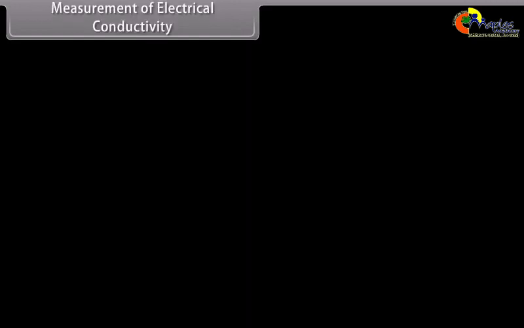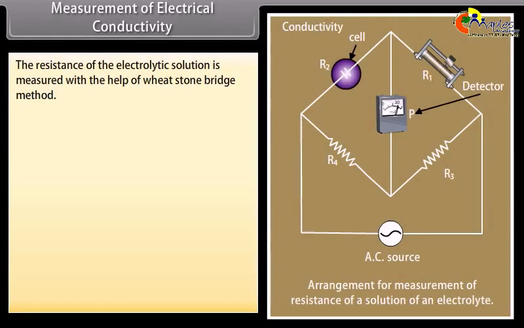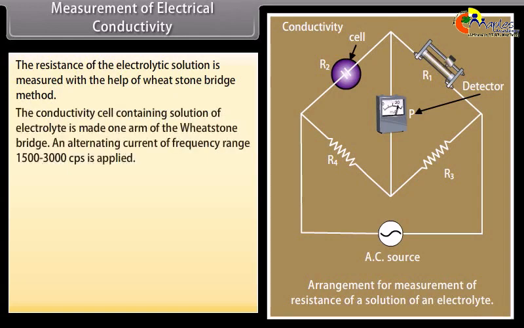Measurement of electrical conductivity. The resistance of the electrolytic solution is measured with the help of the Wheatstone bridge method. The conductivity cell containing the solution of electrolyte is made one arm of the Wheatstone bridge. An alternating current of frequency range 1500 to 3000 cycles per second is applied. Direct current is not used here because it causes electrolysis and results in a change in concentration of the electrolytic solution